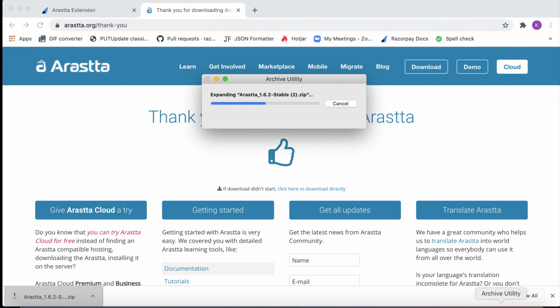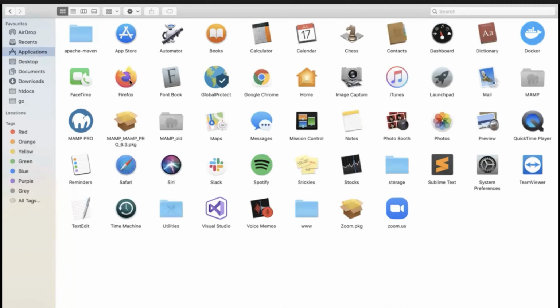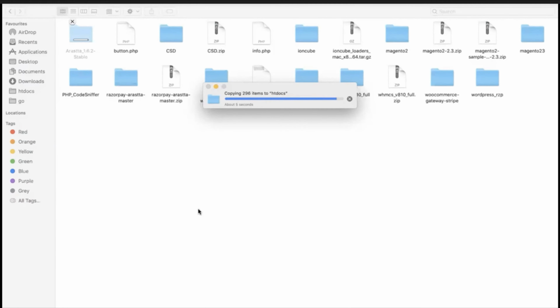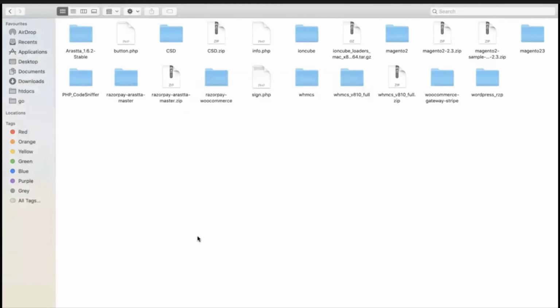Extract the folder into the root directory from where you will run the integration. Rename the folder to Arista.